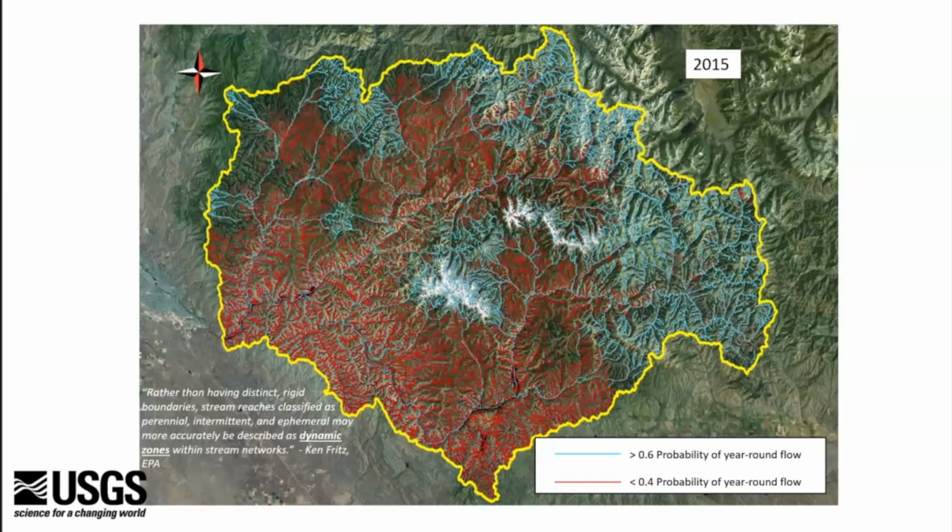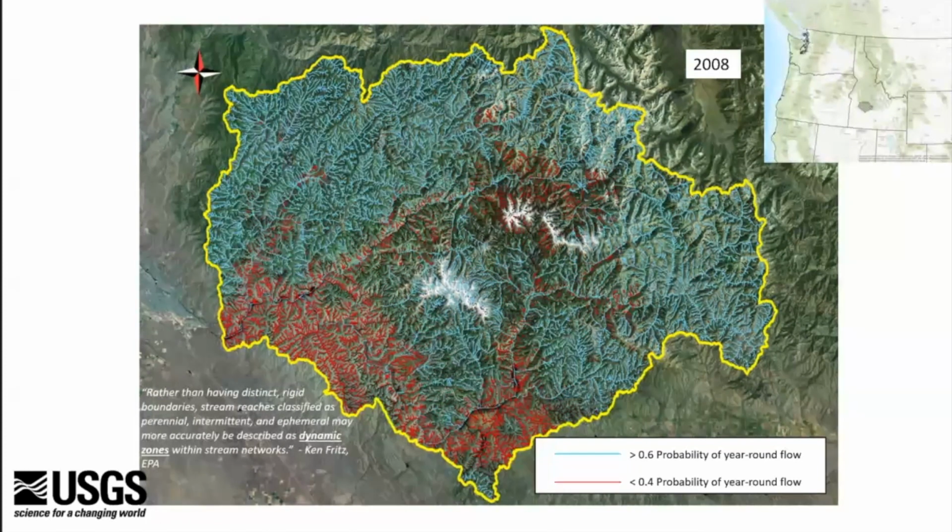And then in 2015, which was the great snow drought in the Western US, we didn't get very much snow. We got the same amount of precipitation, it just came as rain. And you see an expansion of those streams that are estimated to have lower probabilities of year-round flow. These are the streams that are expected to have gone dry that year, and a contraction of those areas that might be more reliably counted as perennial. We have estimates for each year, but these are two nicely contrasting years for the Boise River basin.